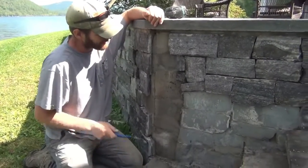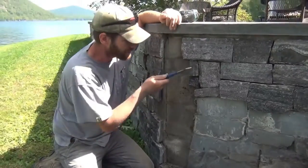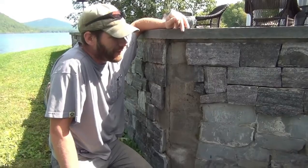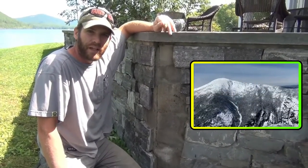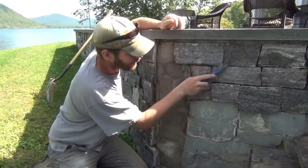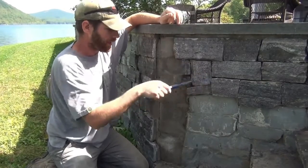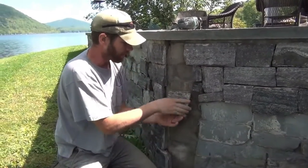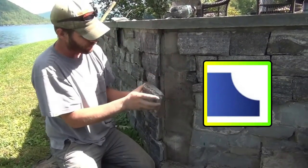Also, on an exterior application, they did this with what they call pinch fit, where it's tight by tight joints, so it looks good. It may look good, but in the Adirondacks, when we get the winters that we get and the water we get, there's just no way to keep the driven rain from sneaking into some of those joints. I will show you in another video some of the tips of how we actually, if we're forced to do this outdoors, we actually cove the mortar in the back, and we always make sure we